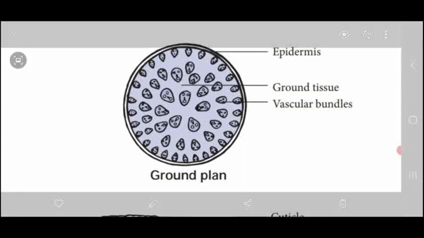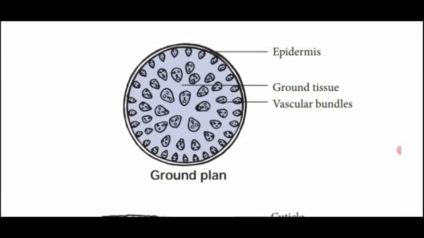Then see the size of the vascular bundles towards the periphery. At the margin, they are all round in shape. They are arranged in a circle but are smaller in size. As they grow towards the center, moving inward in the circle, the size of the vascular bundles becomes larger. So the central vascular bundle looks larger in size.